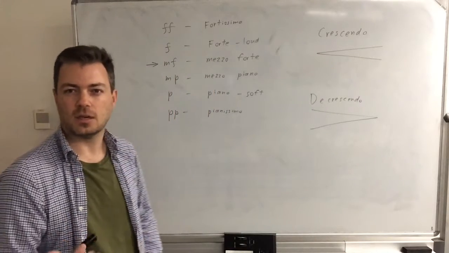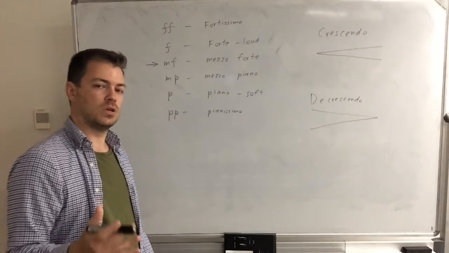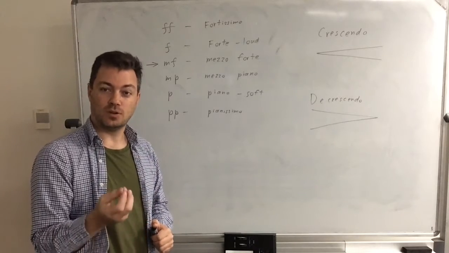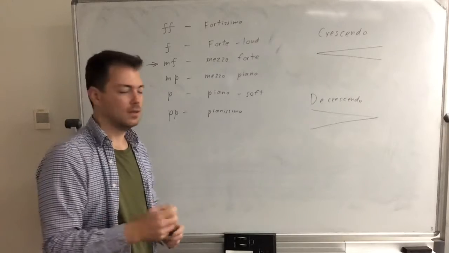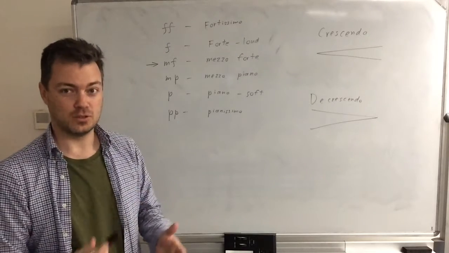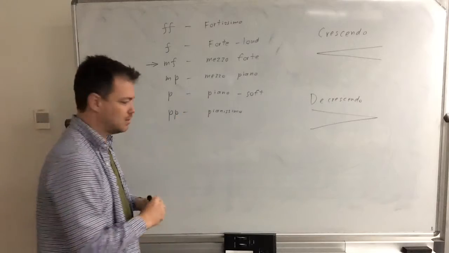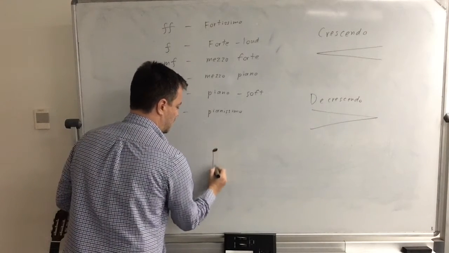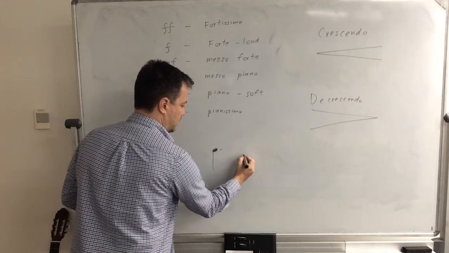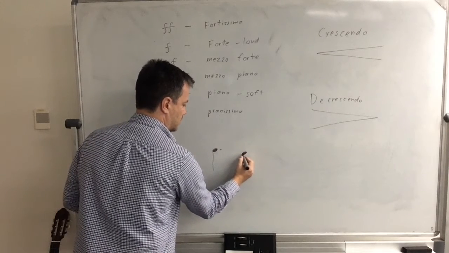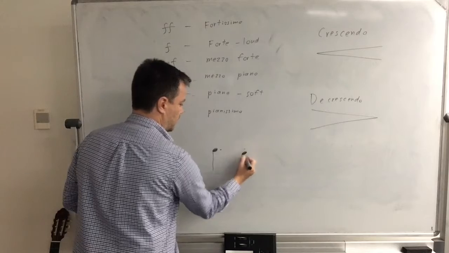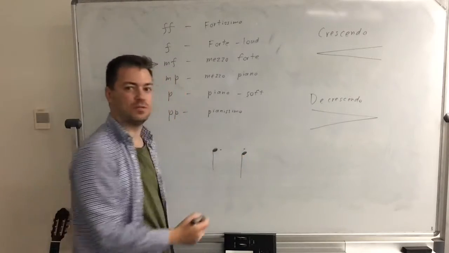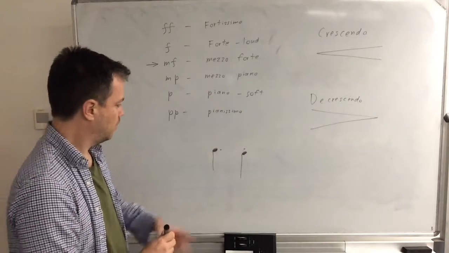One other thing I'd like to cover in this video, which I didn't talk about when we talked about note values, is what a dot does to a note. And there's 2 things a dot does to a note, so it's kind of related to this. But we're just going to talk a little bit about this. In terms of a dot, you can get 2 types of dots. They're just dots, but the dot does different things depending on where it is.